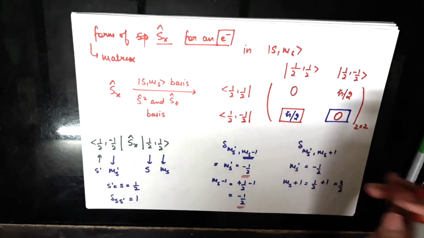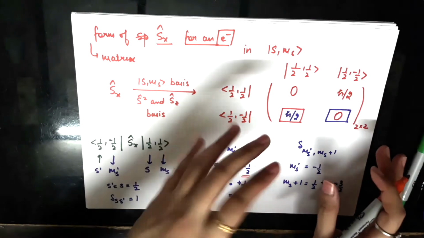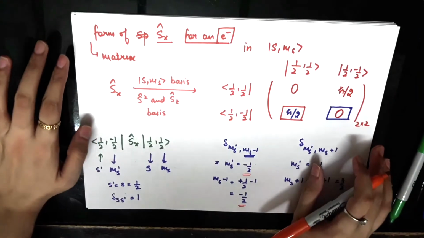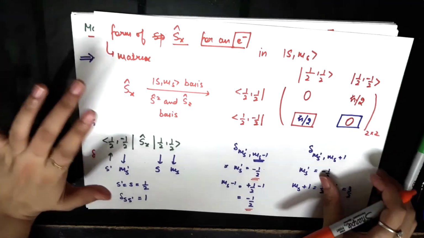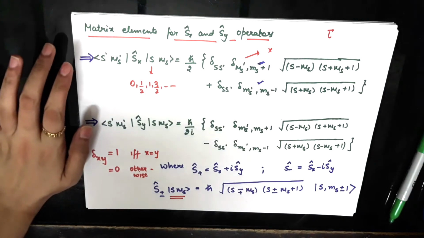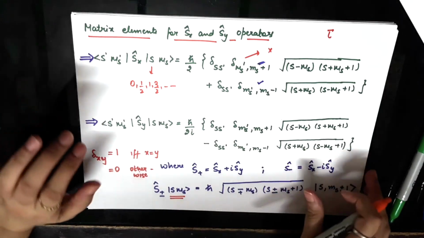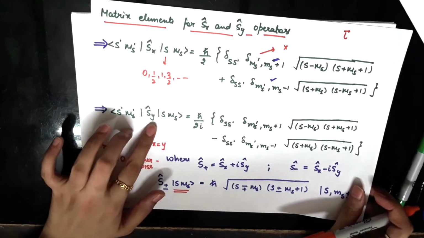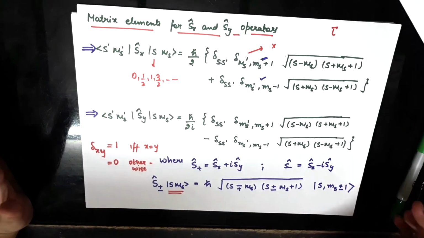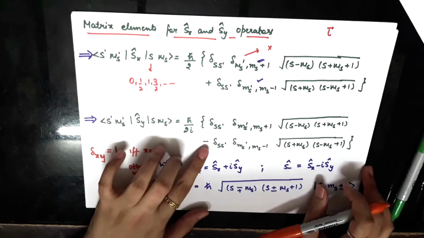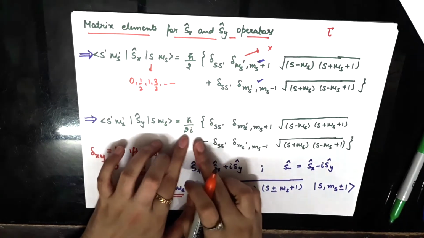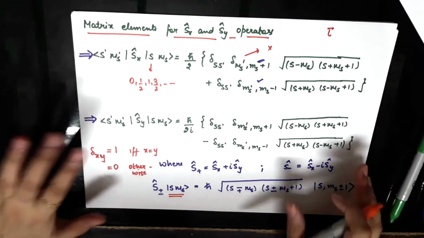So this is the form of the matrix element, and it is not a pure diagonal matrix; in fact, in this case it turns out to be a pure off-diagonal matrix. In a similar manner you can use this form of matrix element for the Sy operator, and you can figure out the form of the spin operator Sy in the S, MS basis. This is exactly the similar computation as we did for Sx, apart from the sign plus minus and an extra factor of i. Apart from that it's exactly similar. So I would just write for you the explicit form of the Sy operator.